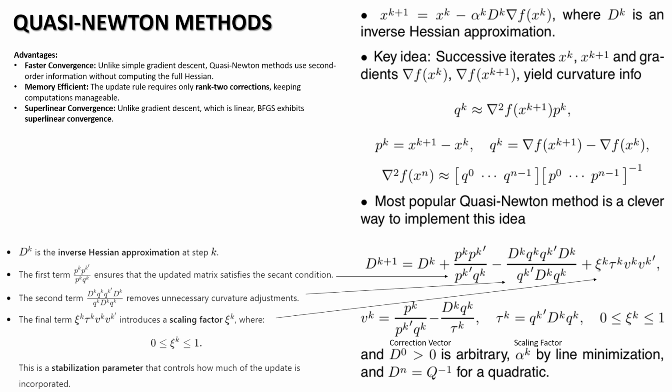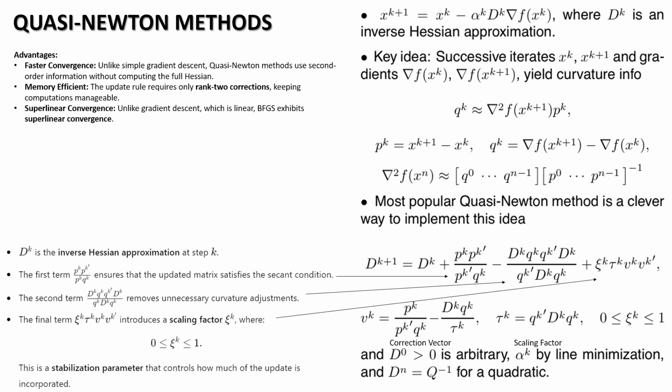This slide discusses quasi-Newton methods, which are optimization techniques that approximate the inverse Hessian matrix to efficiently solve unconstrained optimization problems. The most famous of these methods is BFGS, the Broyden-Fletcher-Goldfarb-Shanno method. We will consider this here. The general update rule,